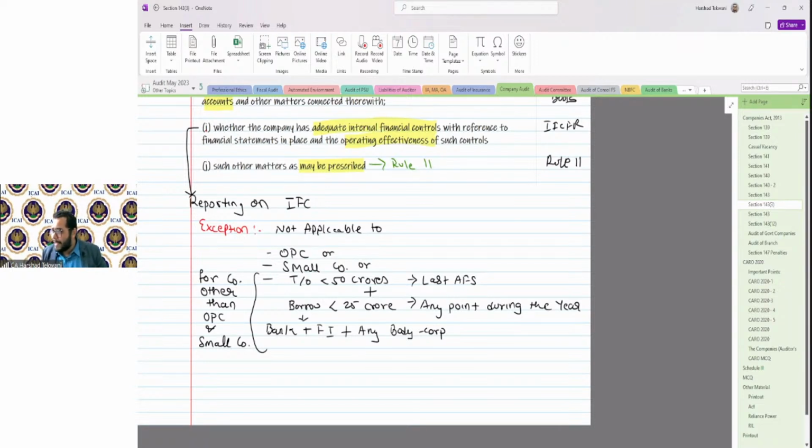Your next question is, in SA 220, in client acceptance and continuance, why do we see engagement team capability to comply with the ethical requirement? Very good question. Why are we looking for the capability of the team? It is mandatory to comply with the ethical requirements. Now, why do we look for the capability of the team? The reason is because